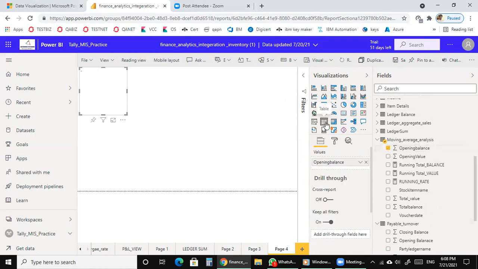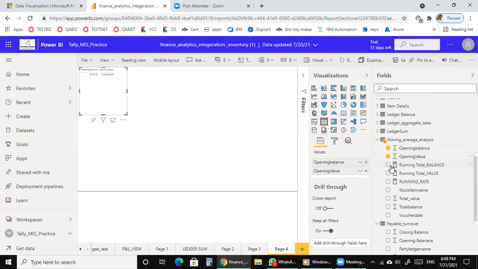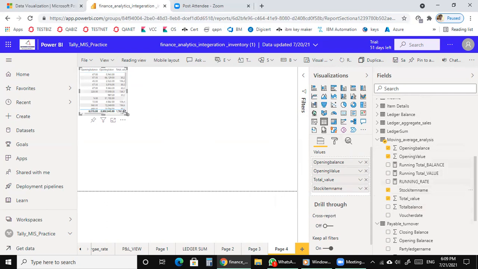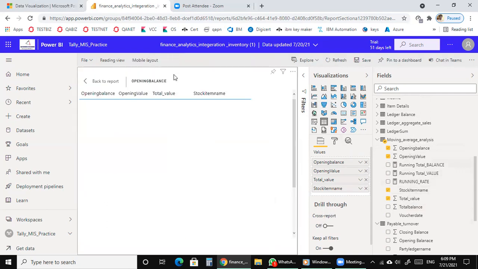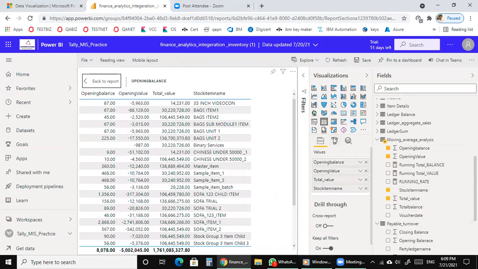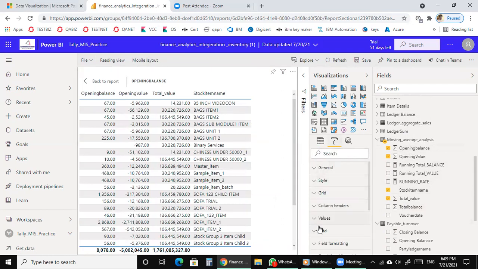First, I have to keep the table. Total balance, stock item. And I will do the title here.